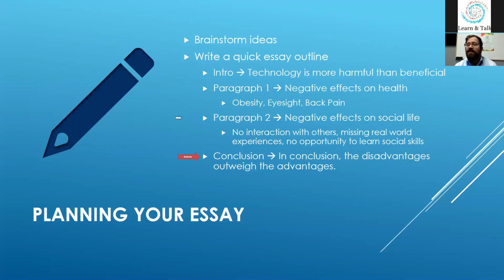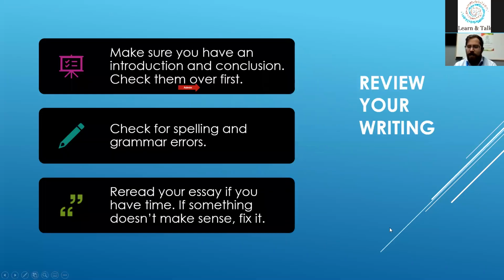Now, of course, this is just an outline, so all the details, the perfect sentences, the grammar, that's all going to be what I write for the next 30, 35 minutes, okay? But this kind of outline can be so helpful because then you know what are the main ideas that I want to talk about in my first paragraph and in my second paragraph. Then when we talk about reviewing our writing at the end of it, now that 35 minutes has gone by and we've got a little bit of time, how can we spend this time to make sure we get the best mark on this task 2?